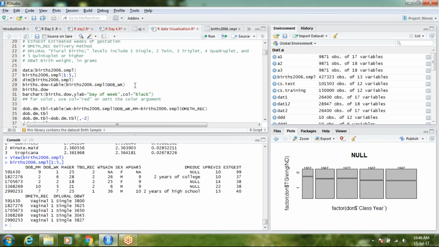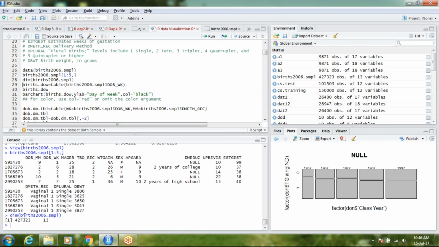Now let us see the dimensions, how it looks. We have quite a high number of data here. We have around 4 lakh rows of data and 13 columns. So quite a huge data that we have to work with. This shows the details. So let us look at what are the,